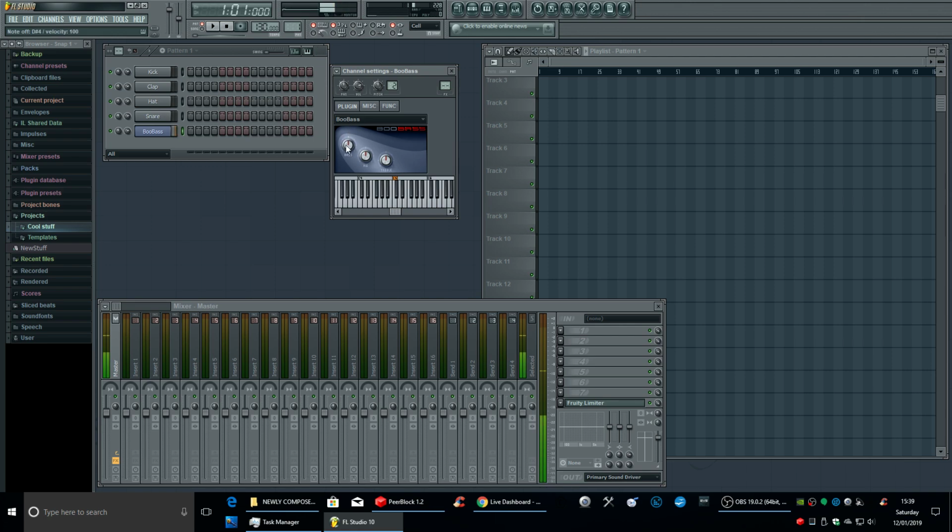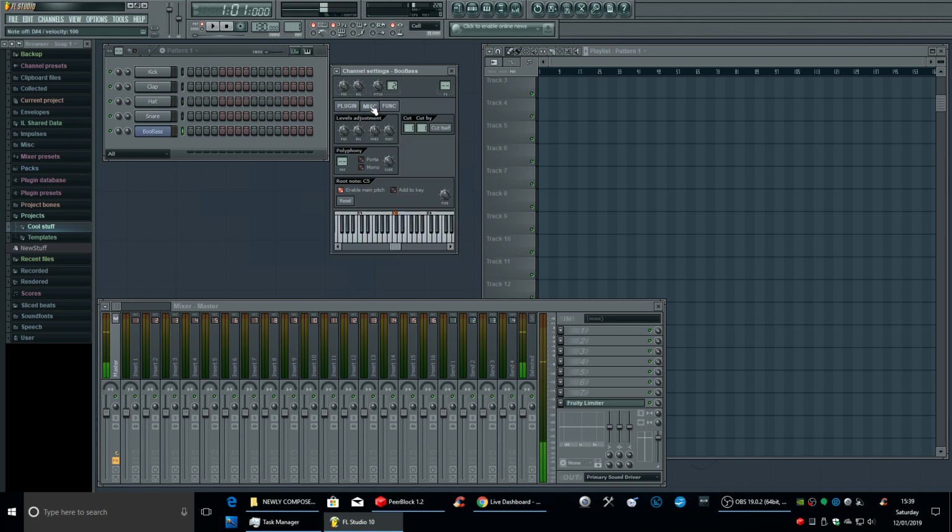Then I set the tone that I want, really bassy. Then I go in here and set the volume. I change the volume down because I don't want it too high. Sometimes I might want it to pan, so I change the pan to there, which gives more of a right hand side, but it will pan to the left hand side as well.